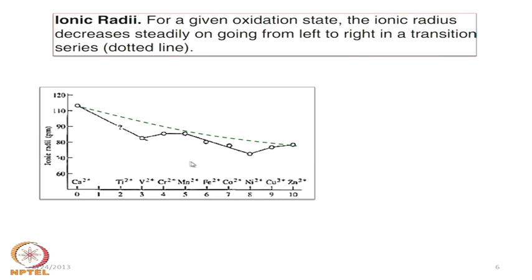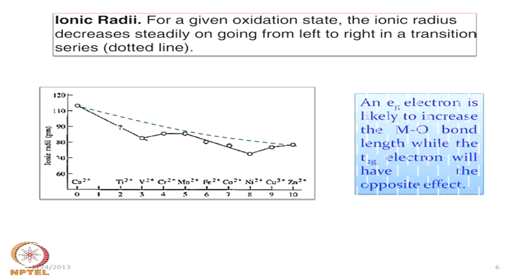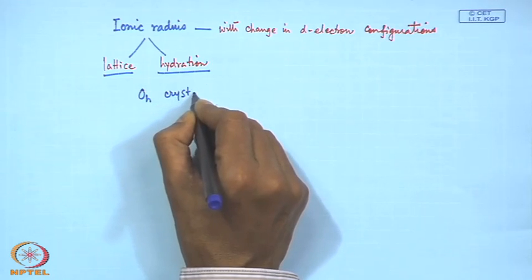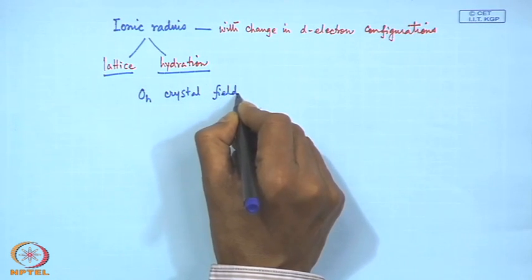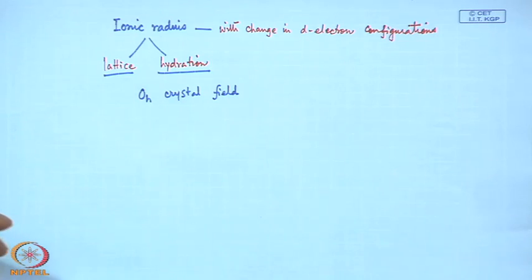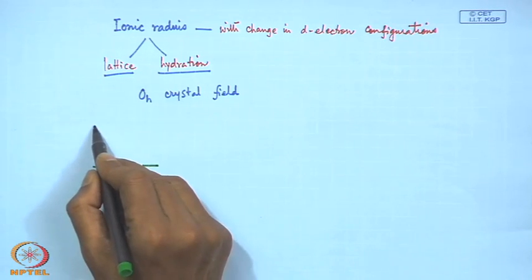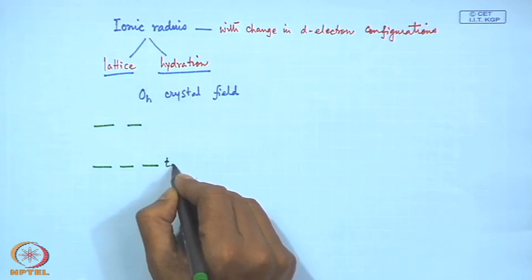In this range the whole thing is again showing a double humped curve, or in the reverse direction, and the ionic radii will also be changing with the change in the number of d electrons present in the two levels, that means the T2g level and the Eg level. Why is this so? Because of the occupancy in these two levels, the T2g and Eg electrons, in an octahedral crystal field. There are orbitals which are T2g and Eg. So, this T2g set